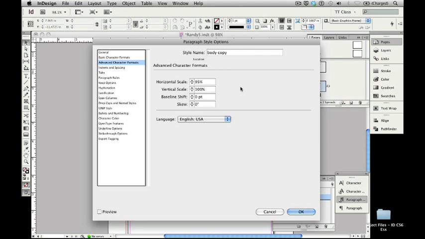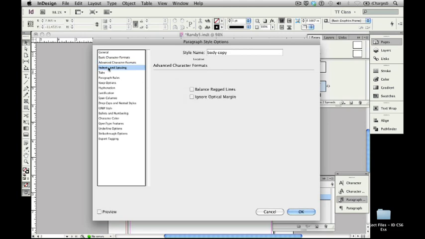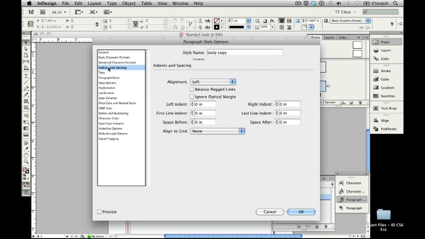So if you have a setting of horizontal scale of 95% and no other changes, everything's all set. You're doing good. Let's go to indents and spacing next. What we're going to do in this case is talk about the options that we have available. Now I can set this type to align to the left, which means it would have a ragged margin over